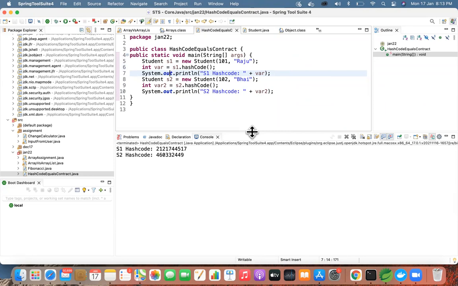So is there a way that we can override this hash code value? Because if you see right now, this hash code is coming from object.class. We are not having it from the student.class. Though you're calling it from student object S1, it is implemented in the object.class. Why is it so? Why is the student object referring to object.class? Any idea? So object class is the supermost class for any class. Yes, that is the reason.